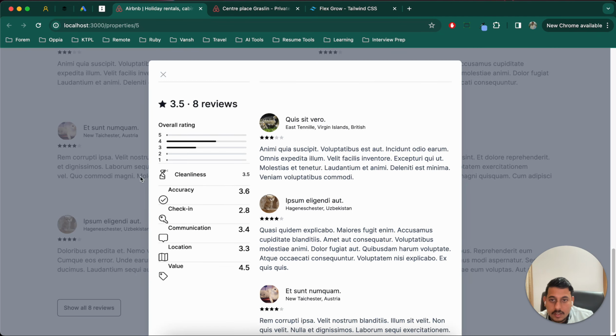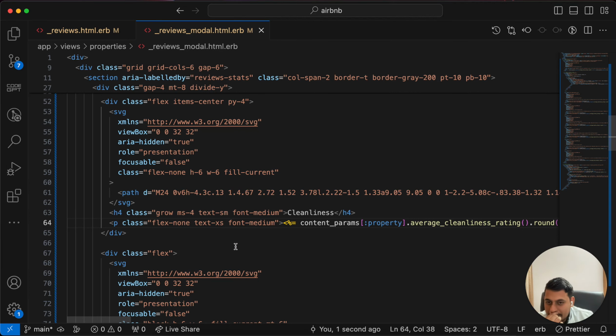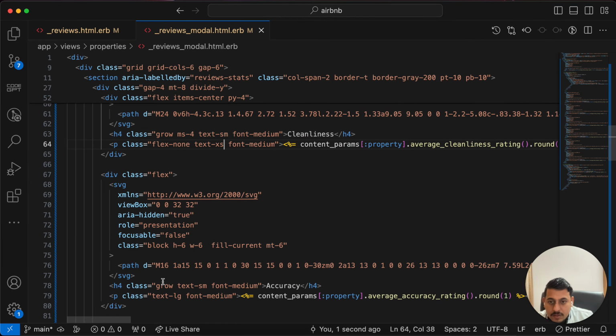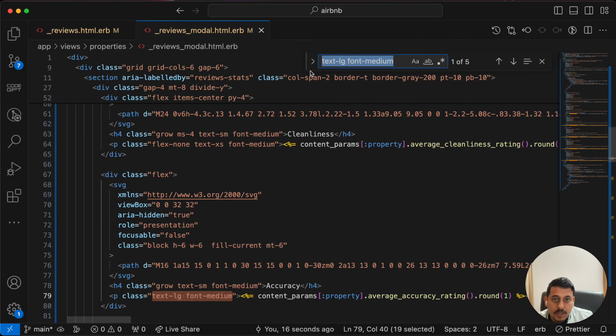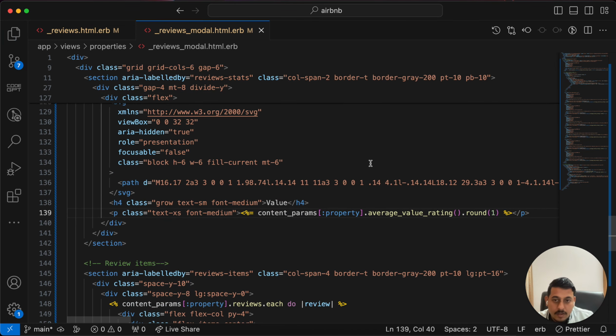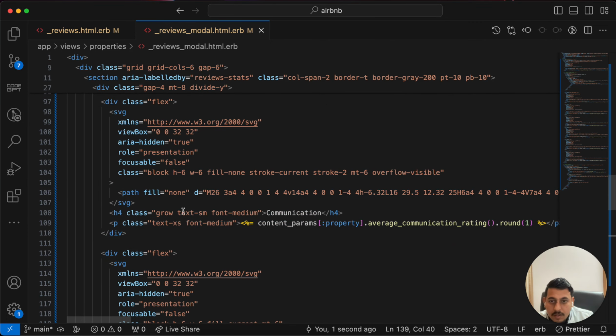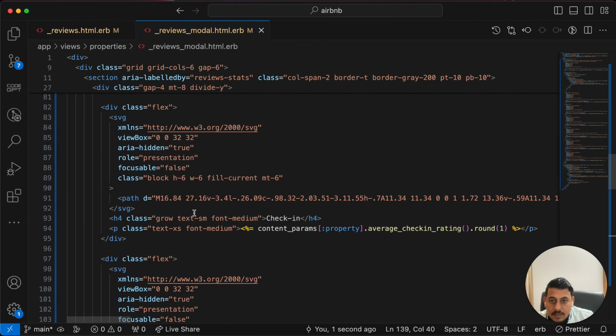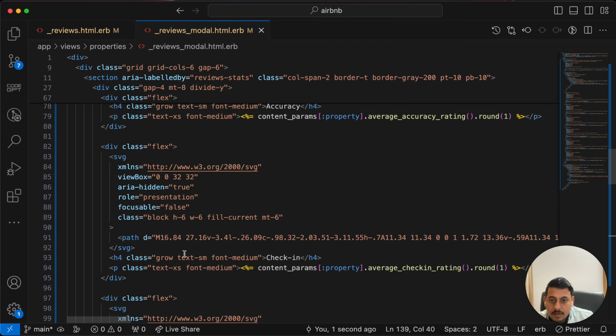Looks much cleaner. Cleanliness looks much cleaner. Great. So what I'll do is I'll copy this, find this at 5 places, paste this, and instead of this let's use access. That's one. Second is cleanliness, right? So for that,